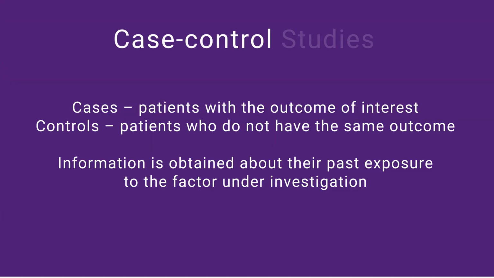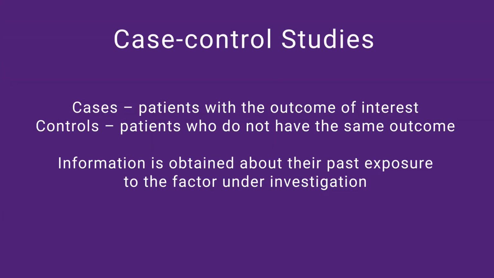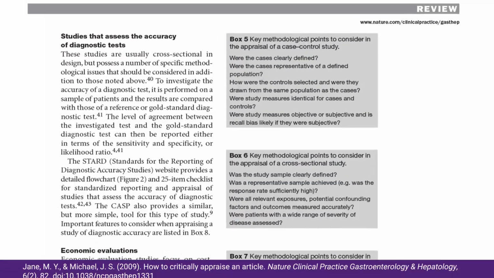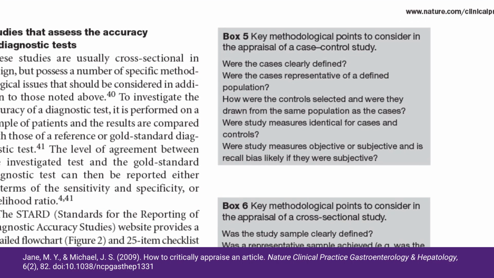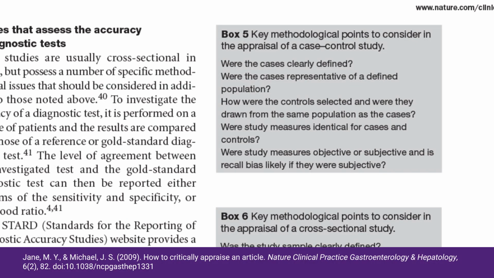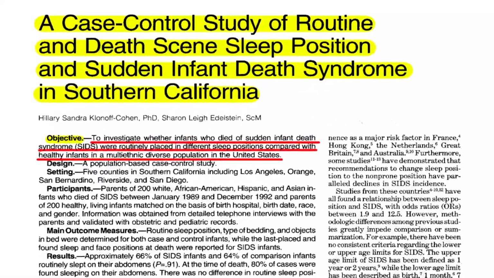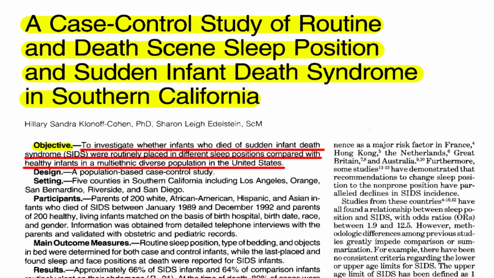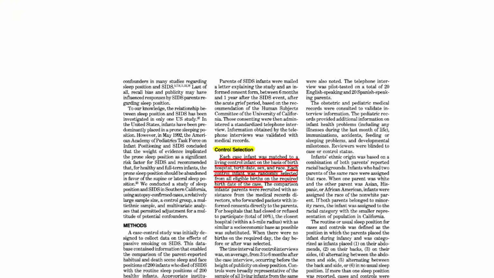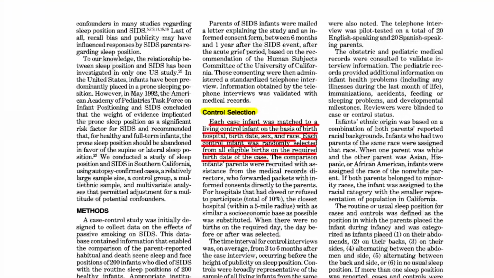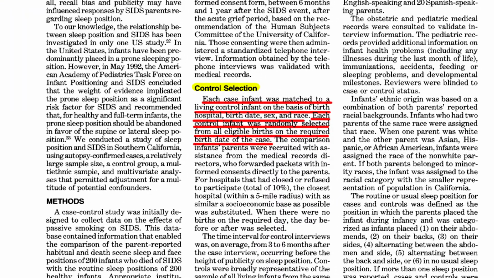Case control studies involve the identification of patients with an outcome of interest, who are the cases, and the control patients who do not have the same outcome. Information is obtained about their past exposure to the factor under investigation. Consider the methods used in the selection of appropriate control individuals. Patients used as controls should be drawn from the same population as the cases, with the only difference being that they haven't developed the same